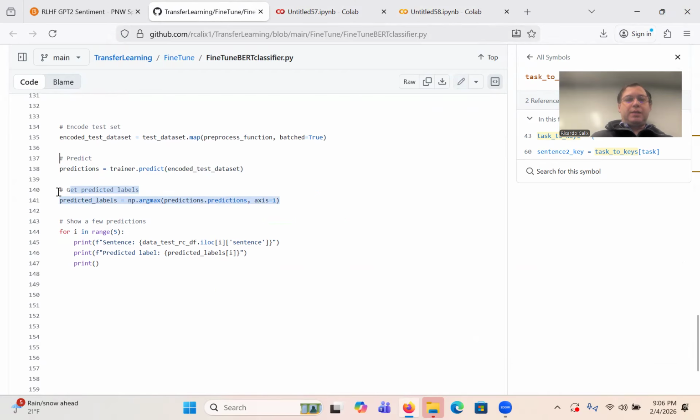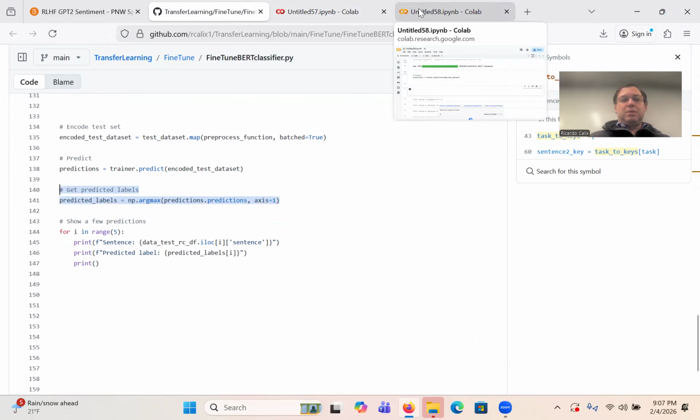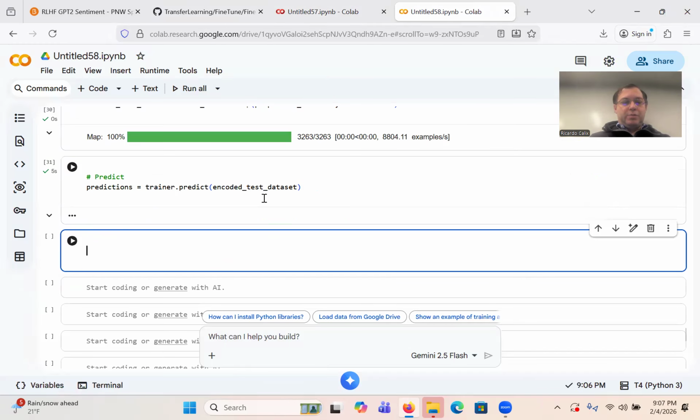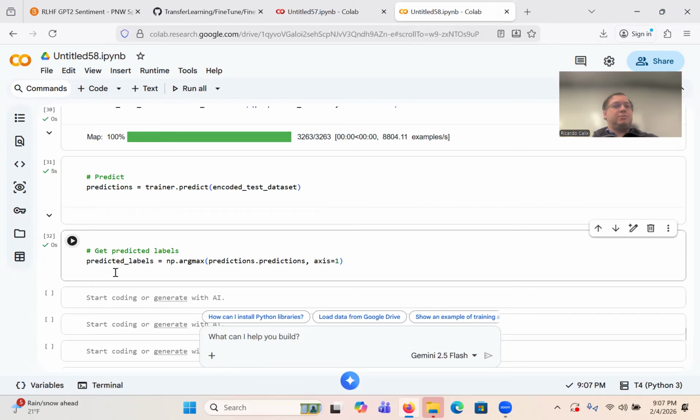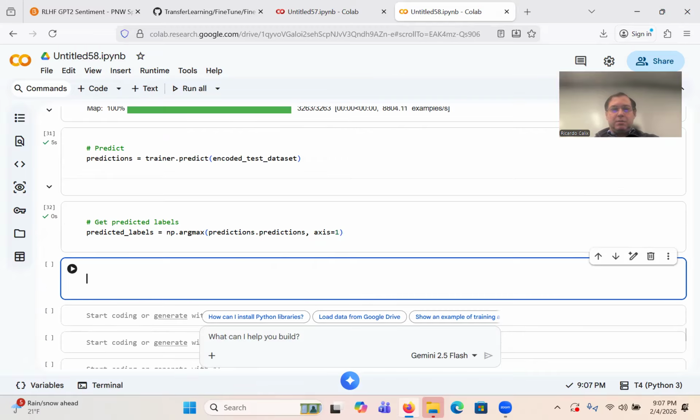And I have to get the predicted labels because it's essentially giving me the distribution. So I have to use argmax, np.argmax of the predictions, predicted labels. Okay, so I should have the indices now.